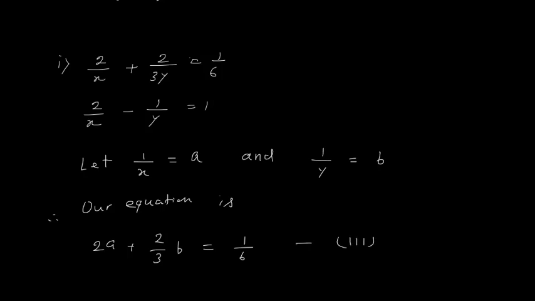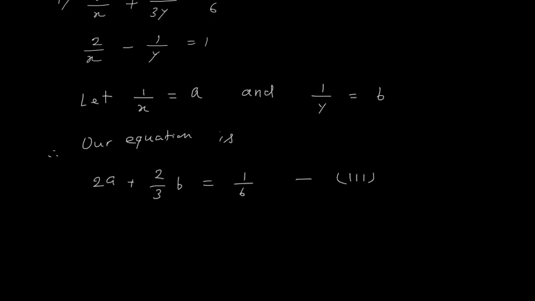and this is 2a minus b is equal to 1. This I will consider equation number 4. Why 3, 4? You can consider the given equations as equation 1 and 2. Okay. Now